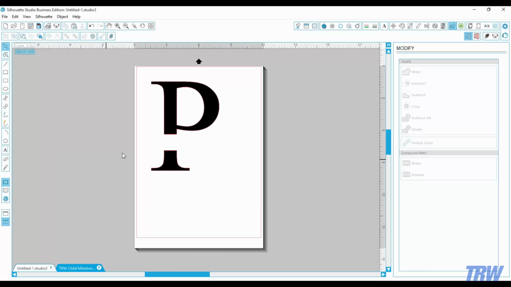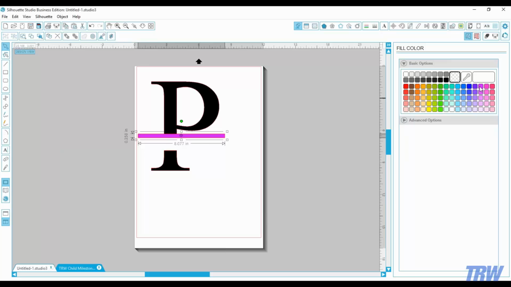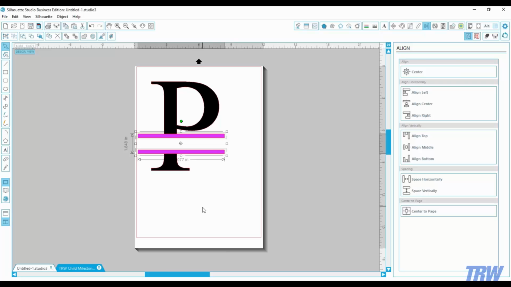So the next step is I want my little lines on my split monogram. So I'm going to go to my rectangle tool again and draw a little rectangle over here. I'm going to fill this in another color so I can see easier what I'm working with. So I have this here, and then I'm going to copy and paste. Then I'm going to grab both of these and align them on each other. So align the center. And then actually I want these to be a little bit smaller. So since I adjusted that, I'm just going to delete this and then,